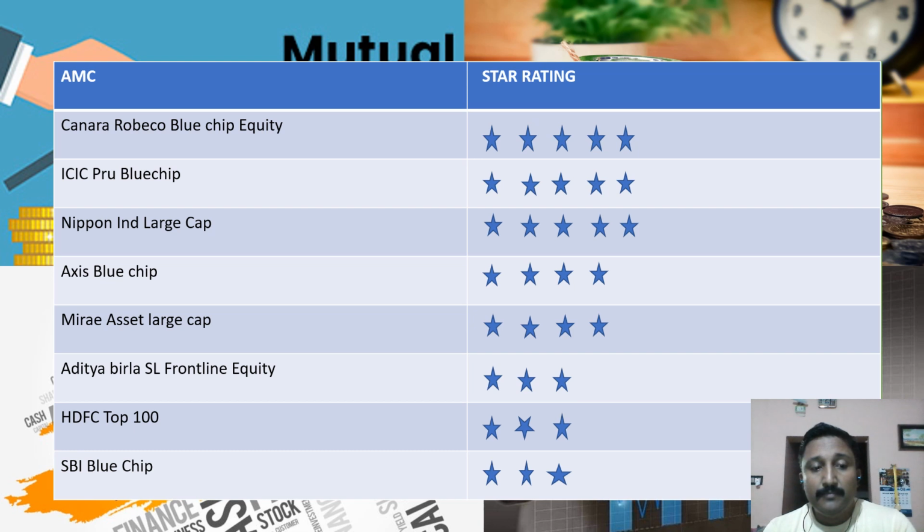Here you will be seeing one of the ratings which is done by Business Line. When we look at the star rating, three of the funds have got the 5-star rating. The Canara Robeco Blue Chip Equity Fund has got a 5-star rating. ICICI Pru Blue Chip Fund has also been rated 5-star, followed by Nippon Large Cap Fund, which has also